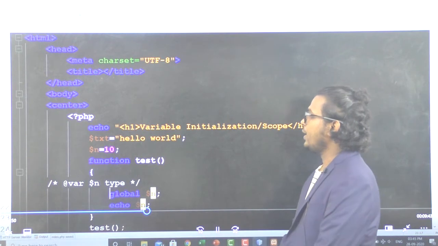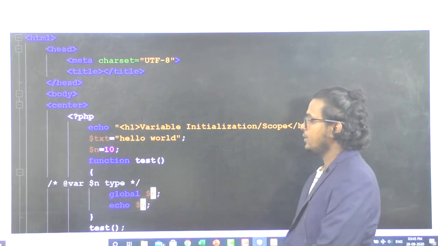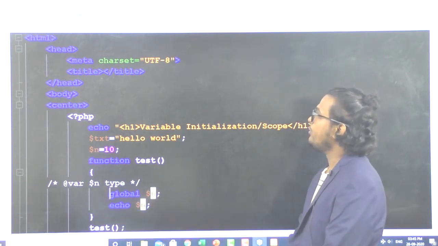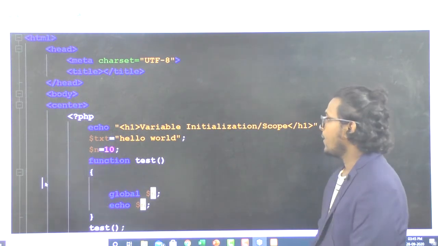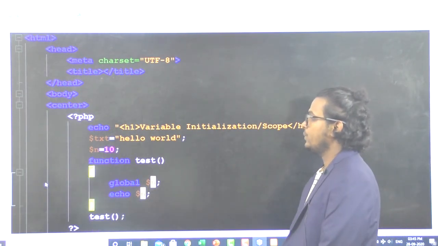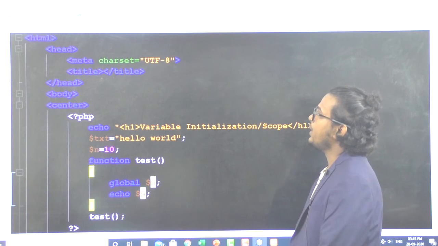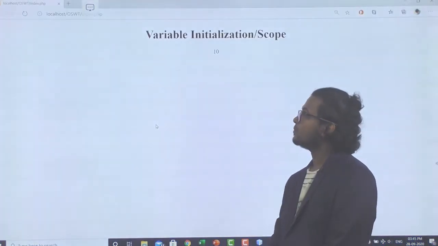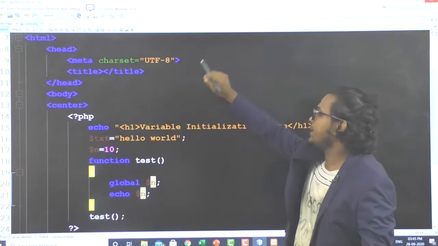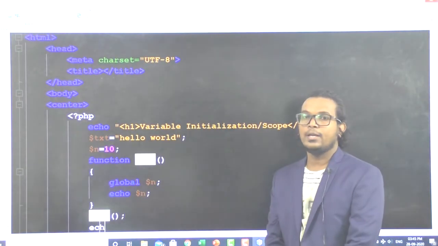Okay, you define the global n. Now try to print that value with the help of the echo statement, save your program and compile it. See here, what is the value? n value is 10. That is a global value.